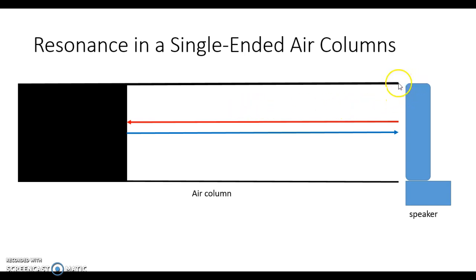What we want is the sound at the edge here to create the most constructive interference at the end, causing that loud sound to come out of the air column. To understand how this works, we're going to use traveling waves, and we're going to use transverse waves in order to